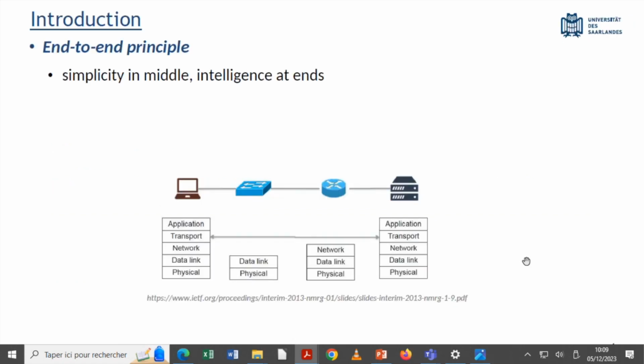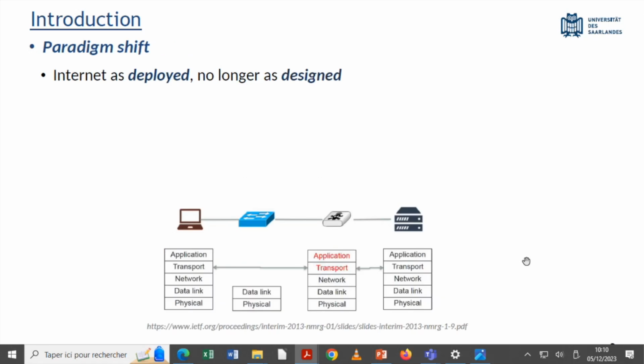Let's first start at the old internet, the traditional internet. The traditional internet paints a very simplistic picture of the internet, because it envisions that the more complex tasks will be done at the endpoints of the communication, whereas simpler tasks, which involve packet forwarding and routing, will be handled in the middle of the network at routers. But these are textbook descriptions, and these are no longer valid now. This is because the internet now is far more complex than it was when it was first designed.